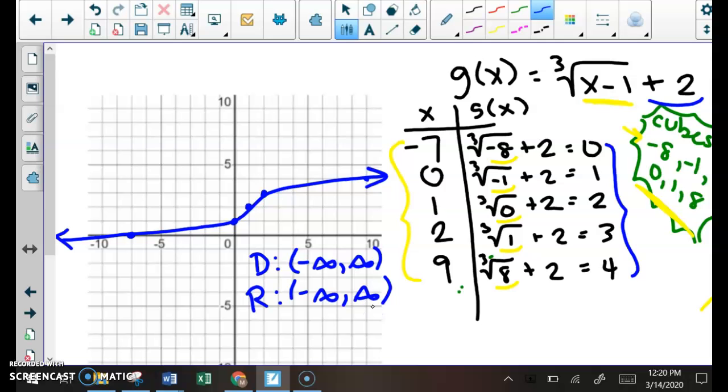Come back and hit pause and rewatch this video to go through the steps of graphing radical functions, specifically square roots and cube roots. Remember that you can always go back to your textbook to look at other examples they have,